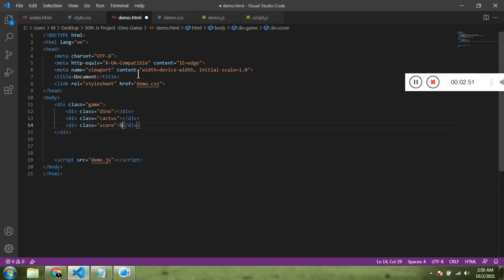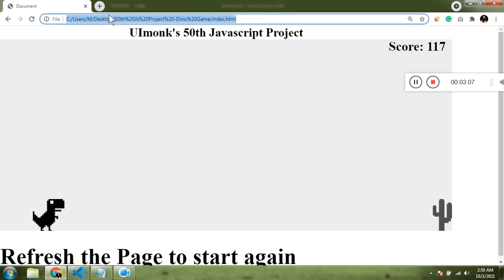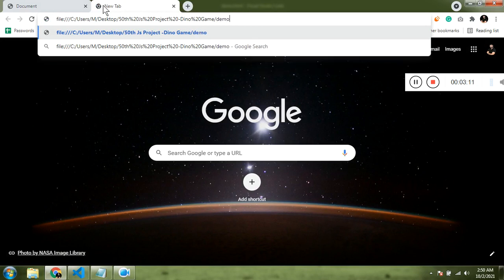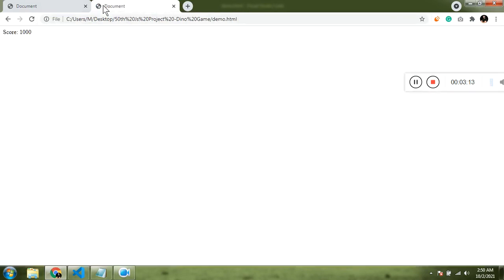Let's have this score text, and then let's have a span, and here it is going to be the actual score. Now let's see how our HTML looks. This is the HTML without CSS, in the same folder, demo.html. So this is how it looks without CSS.